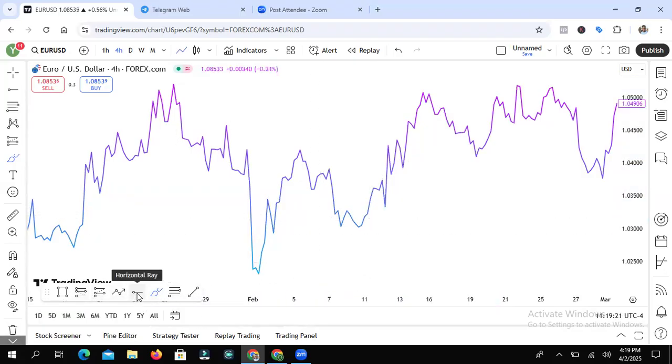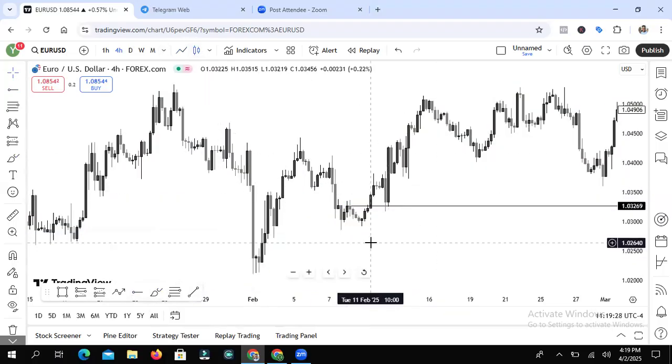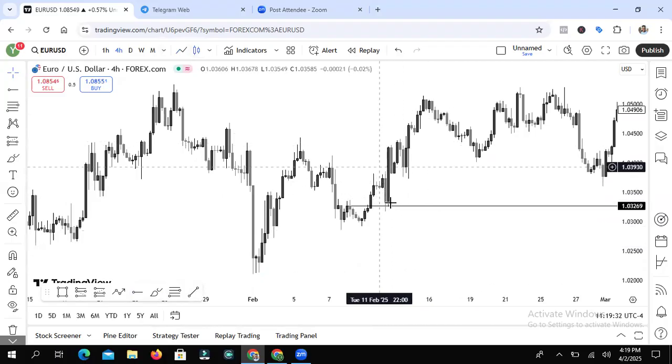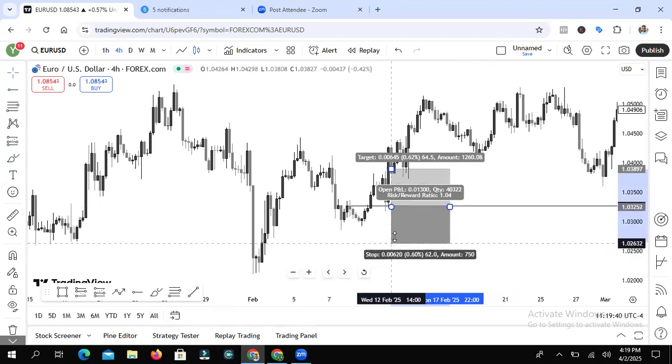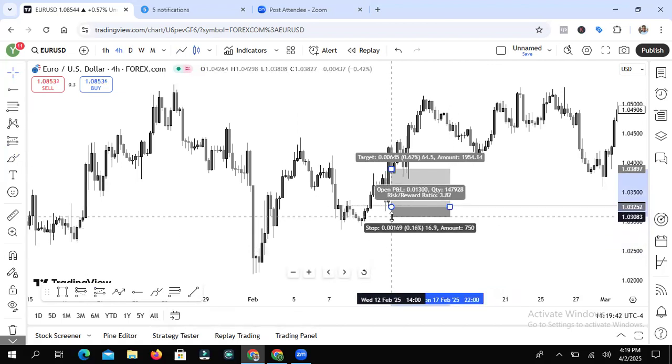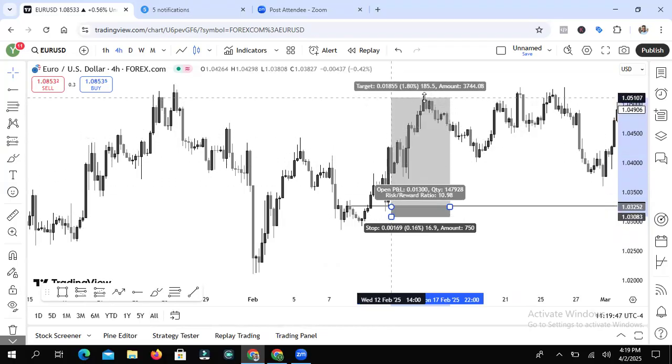But I will show you briefly. Let's just mark out our breakout right here and see what happens. If you turn on the line chart, can you see where they came back into? Can you see where market came back into? Very simple. It's almost zero drawdown. Can you see the entry? I will backtest it, but I'm still trying to show you right from here.